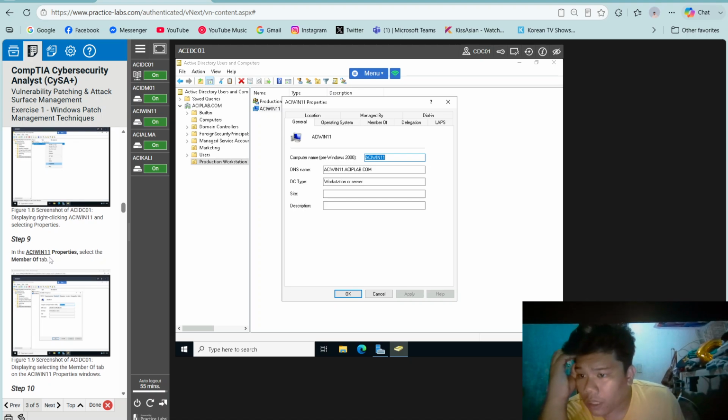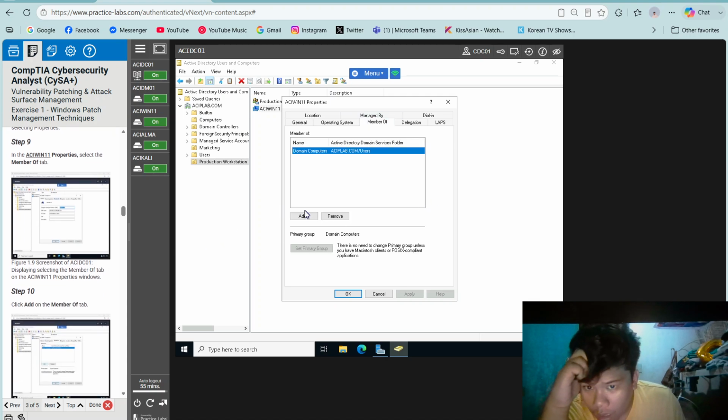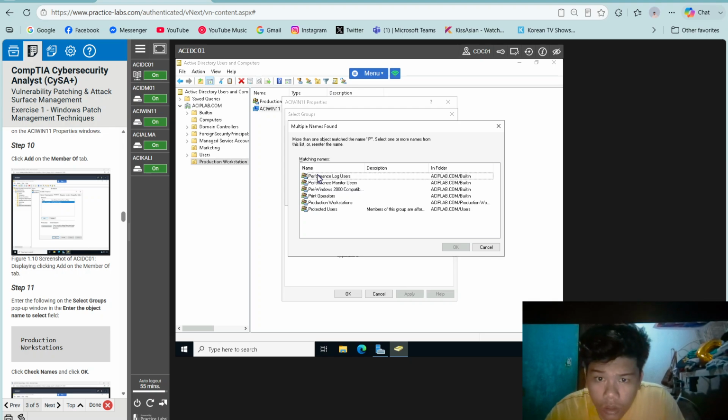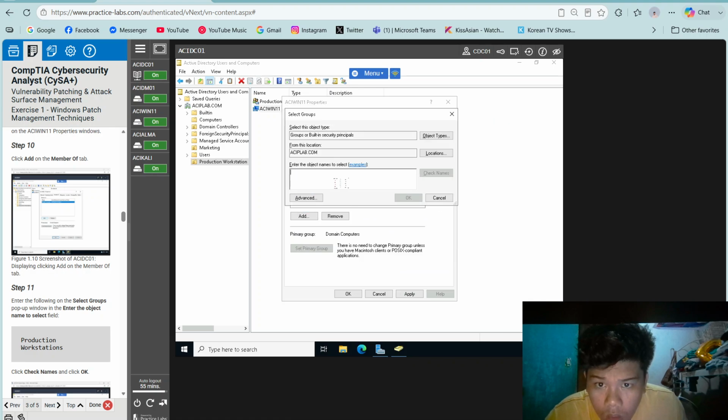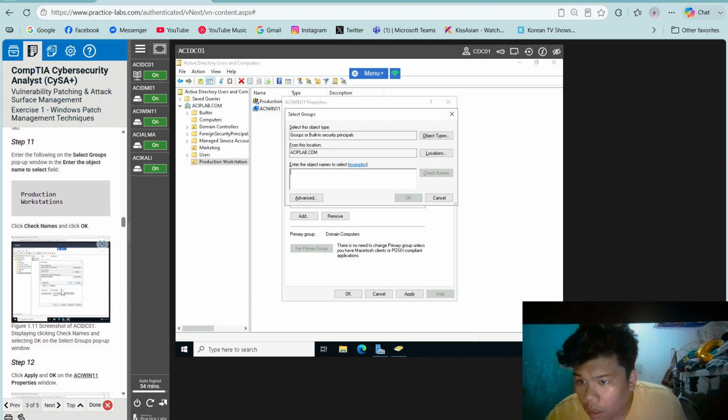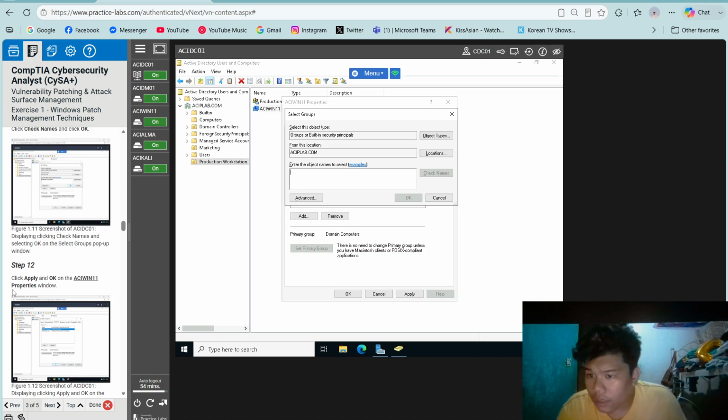Step 9, in the ACI Win11 Properties, select the Member Of tab, then click Add, and then enter the following in the Select Groups pop-up window, in the object name to select field: Production Workstations, then check names, then click Apply on the ACI Win11 properties.